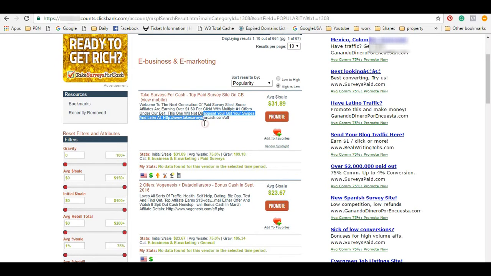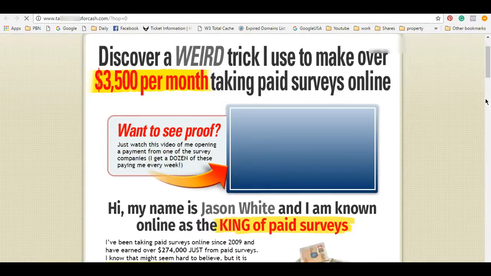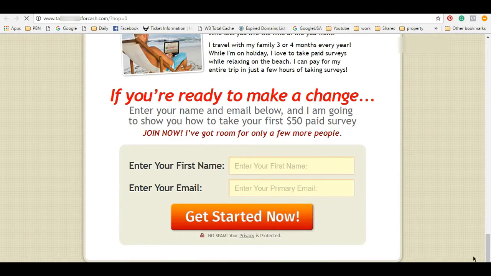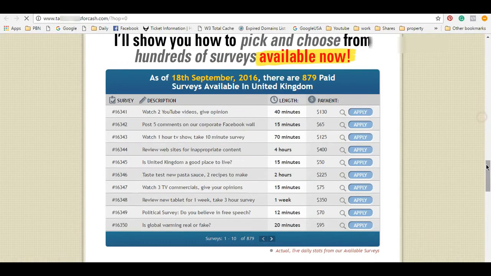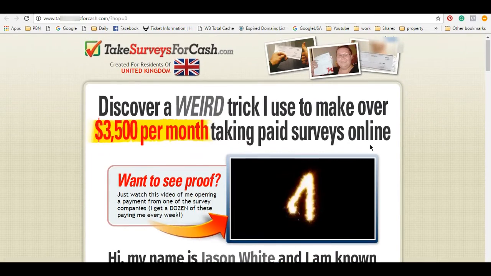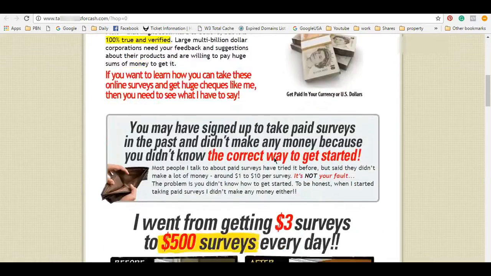If you can get 100 clicks a day, or 50, 60 clicks a day, by thinking of creative ways to rank for surveys for cash, well, let's have a look at that offer actually, and then I can get my head around what they're doing. Okay, so you see this a lot, right? This is kind of a squeeze page, and then you come through here and it will have a video, and then it will tell you everything that you can make and all this.